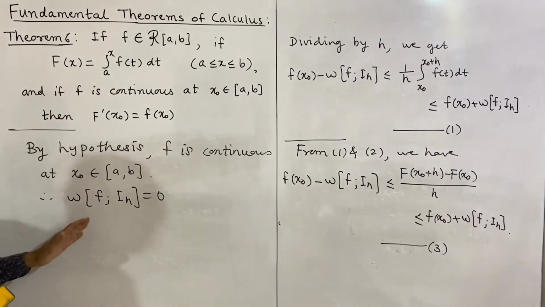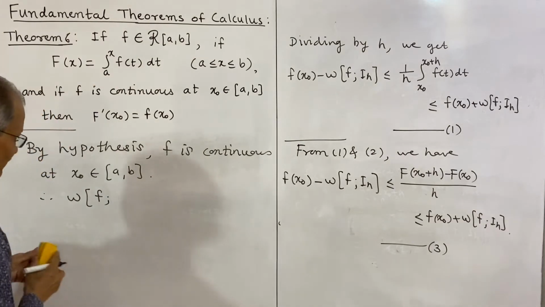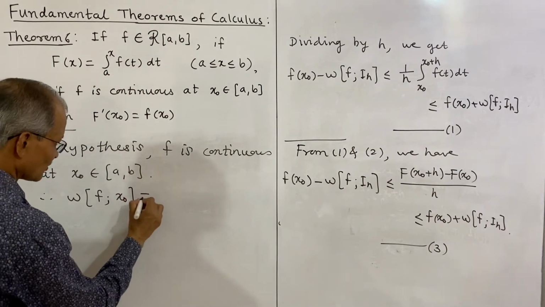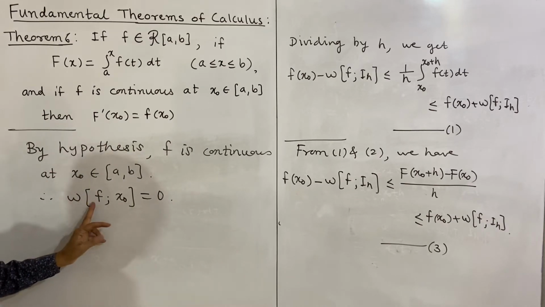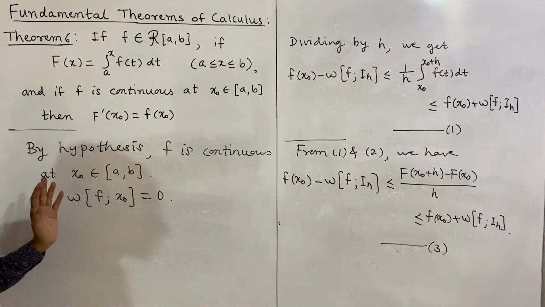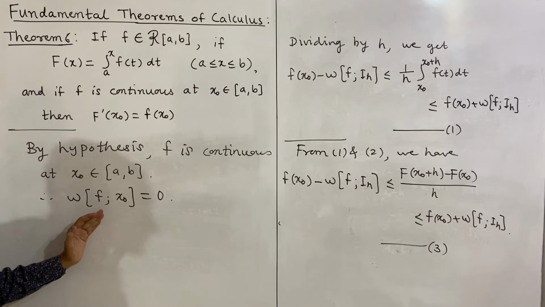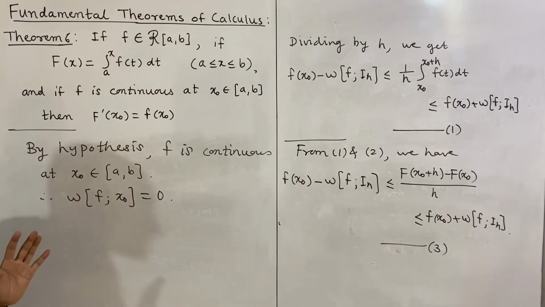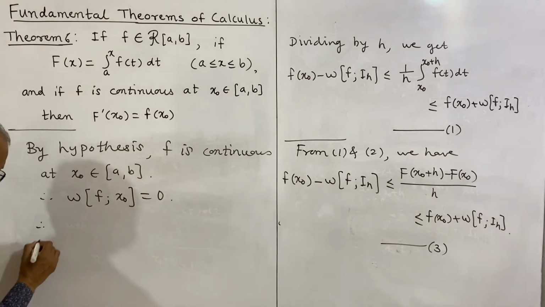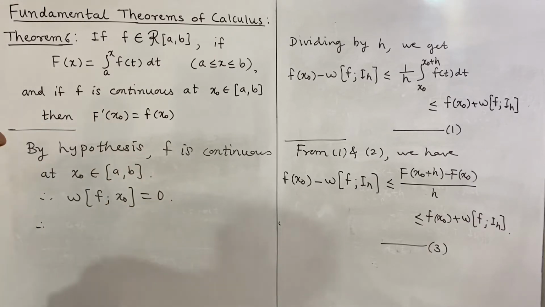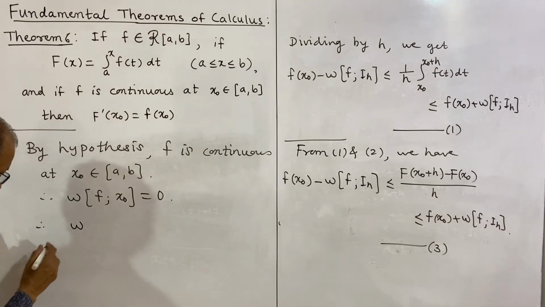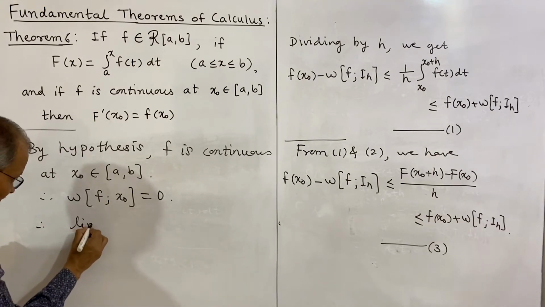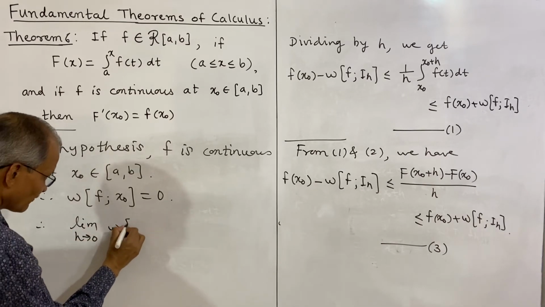If a function is continuous, first we can write the oscillation of f at x naught is equal to 0. If the function is continuous at a point, then its oscillation at that point is 0. The maximum value of the function at that point and the minimum value of the function at that point must be equal if the function is continuous, and in that case the oscillation becomes 0. And therefore, the interval we have considered is x naught to x naught plus h, and as h tends to 0, limit h tends to 0, oscillation of f